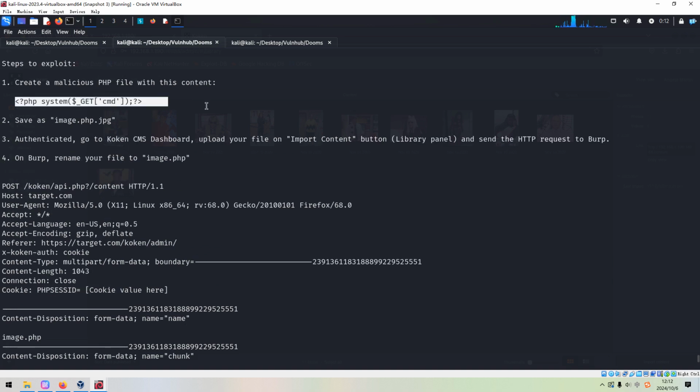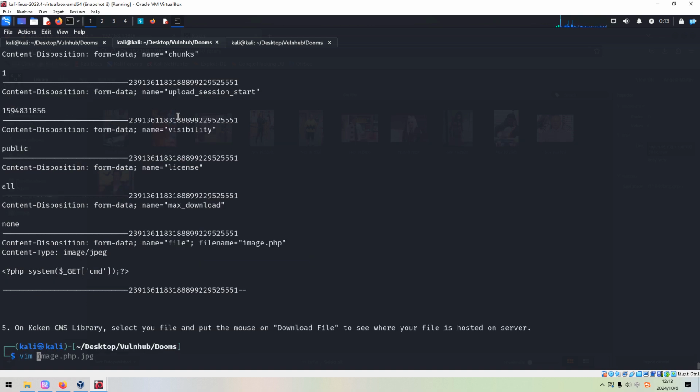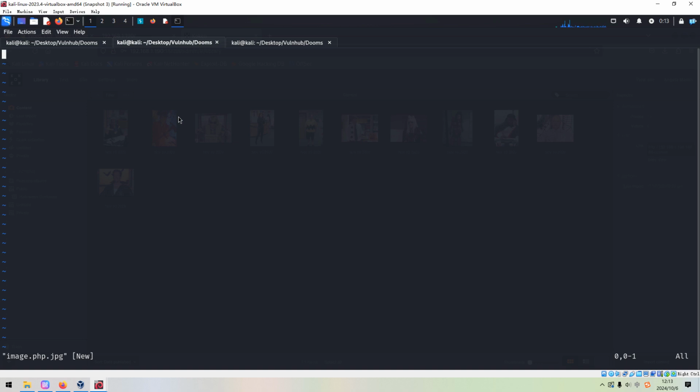First of all, we need to create this script, and we need to use this as a file name. Okay, so now PHP, and then we can use a reverse shell.